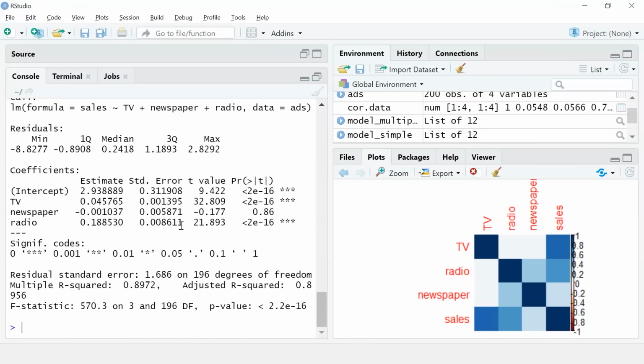First, we see that our coefficients for TV and radio advertising budget are statistically significant, since our p-value is less than 0.05, while the coefficient of newspaper is not, which is around 0.86. Thus, changes in the newspaper budget does not appear to have any relationship with changes in sales.